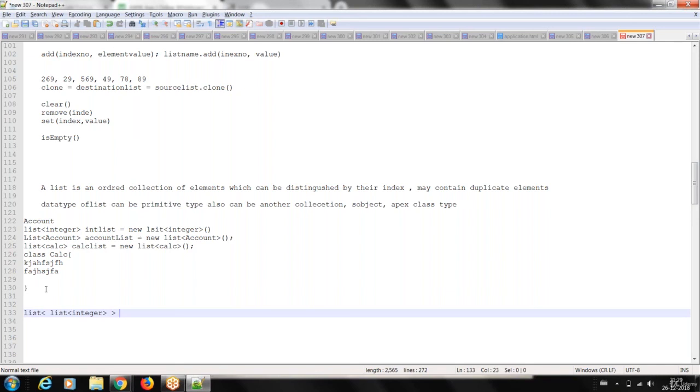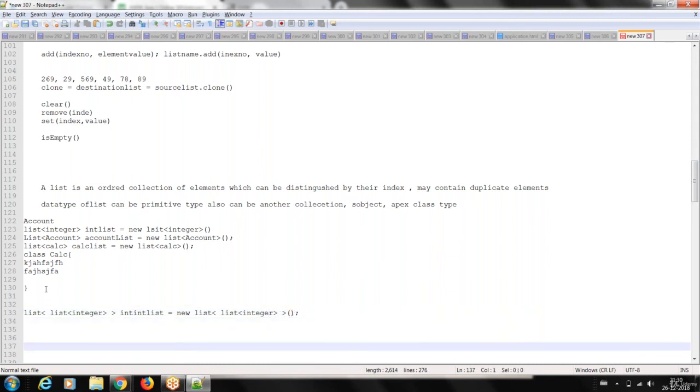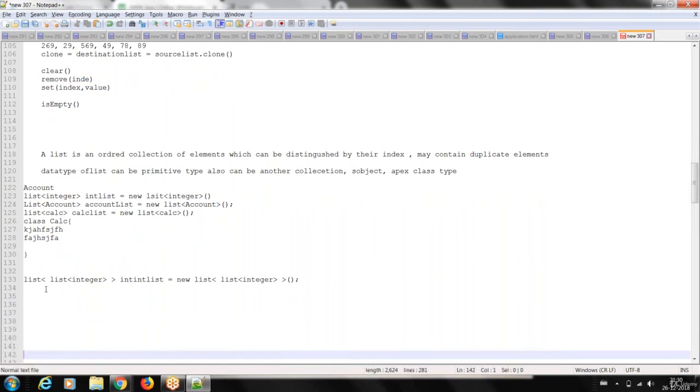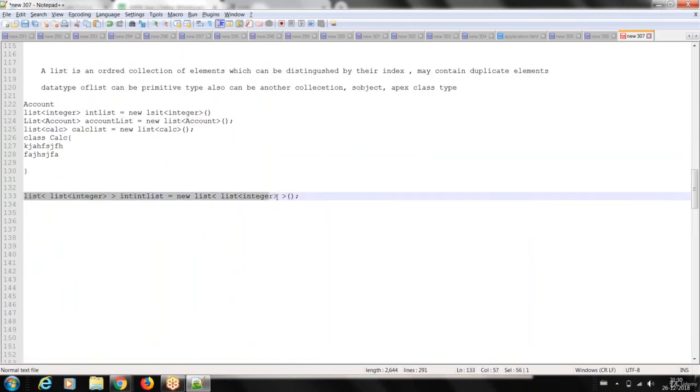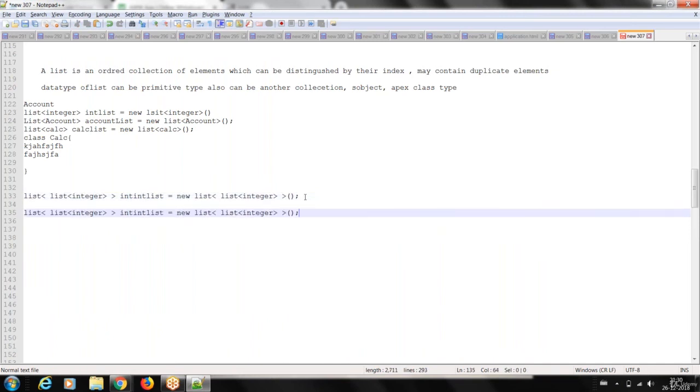Then I get int list for understanding, and I create a new list of it. It can be any type; I'm just giving the example with integer for easy understanding. This can contain another level of list, a nested list. So I can do 5 nested lists. Instead of this integer, it can be another collection of elements.